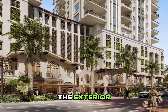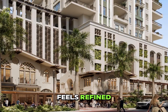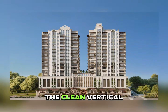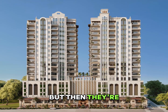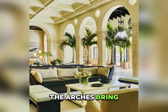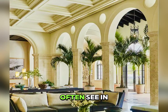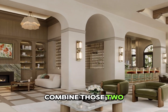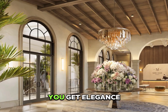Let's start with the exterior. The first thing you notice is that the building feels refined, not loud, not overly dramatic. The clean vertical lines give it height and a presence, but then they're balanced with the arches and softer details. The arches bring a softer, more classic character, something you don't often see in newer construction. And when you combine those two, the simplicity of the structure with the detail of the arches, you get elegance